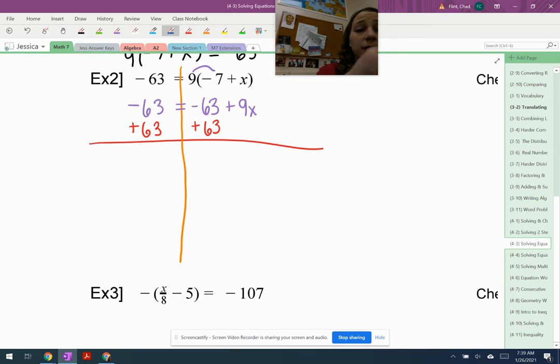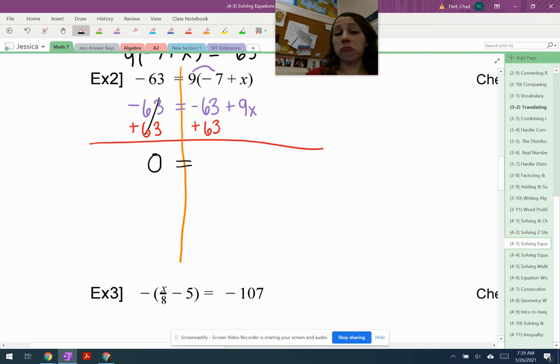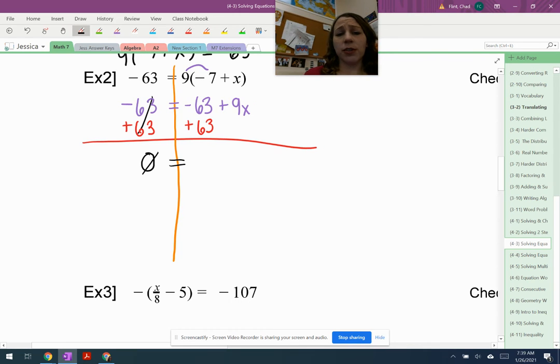Okay, so simplifying some math here. Negative 63 plus 63, that actually cancels out to be 0. No big deal. It's okay. We can have zeros. Negative 63 plus 63 also cancels out to be 0. So I can write that down as well. I don't have to. And then my positive 9x carries down. So 0 plus 9x is really just 9x. So I'm just going to